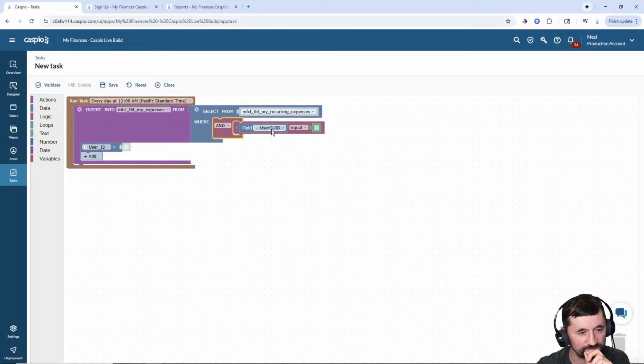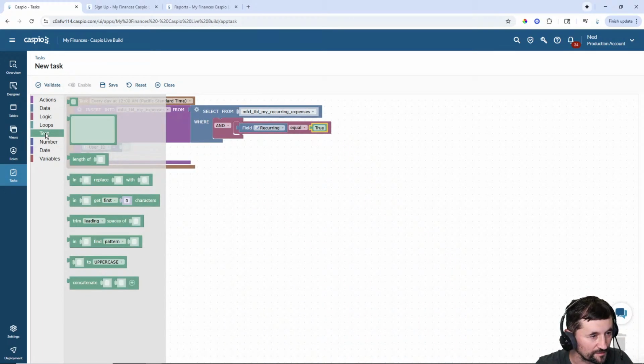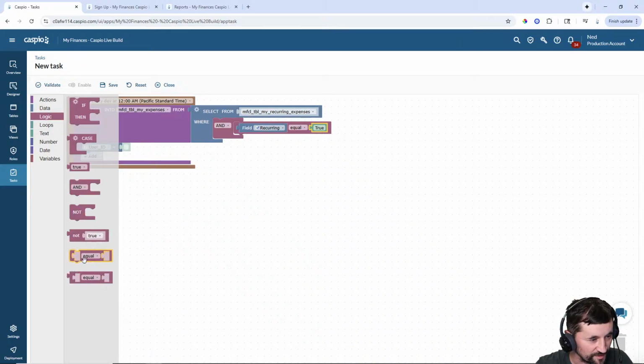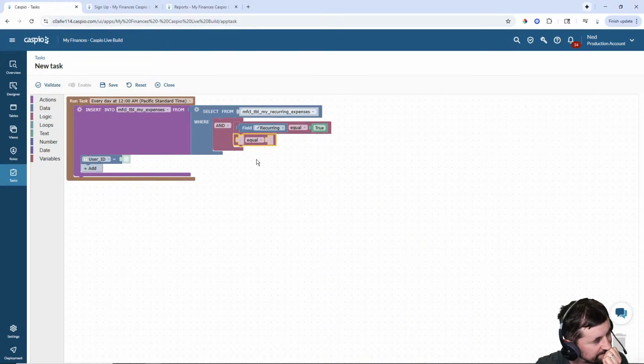So this is going to be a little bit, I wouldn't say tricky to set up, but the first one is to be whether recurring equals true, meaning yes. That's how, in the triggered action, or in this Blockly framework, you set your checkbox to be yes if it's true. Okay, so if that recurring checkbox is true, and let me find my logic, yeah, and. All right, so the and is going to be, let me think for a second, it should be where the date,